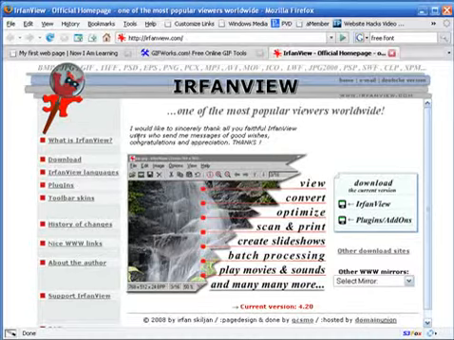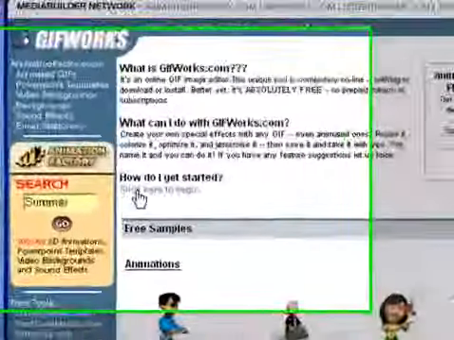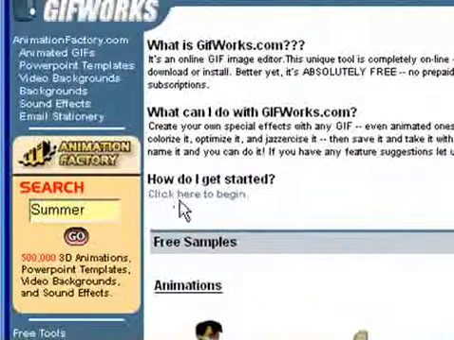Well, what you can do is open this up in IrfanView. That'll be a JPEG or a JPG, and then just save as GIF. And then once you've got that as a GIF extension, you can go here, and then how do I get started? Just click on this,